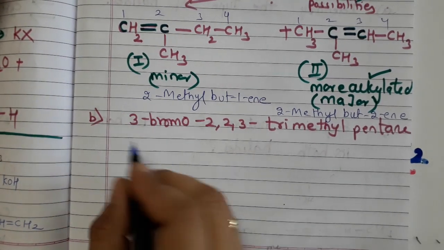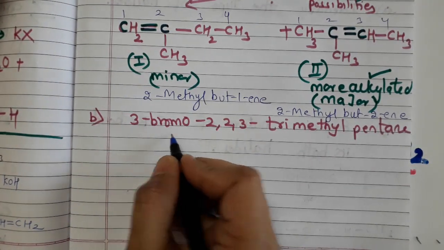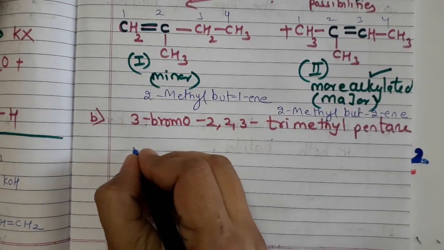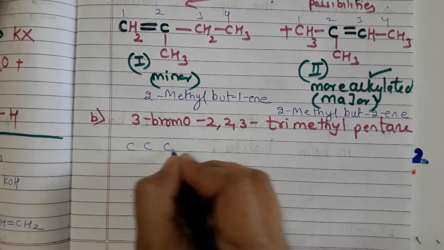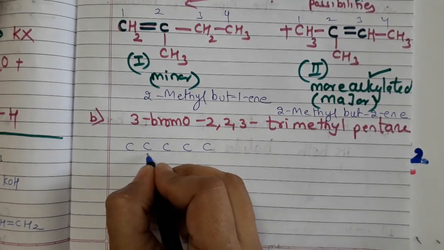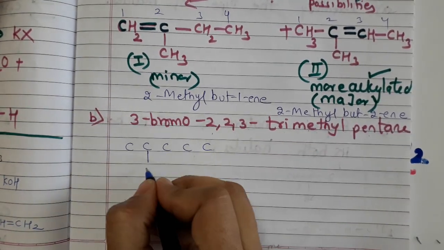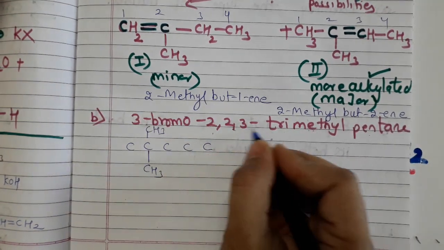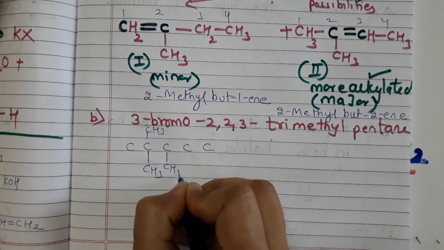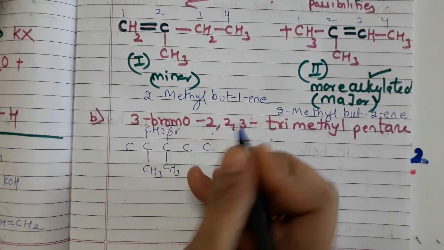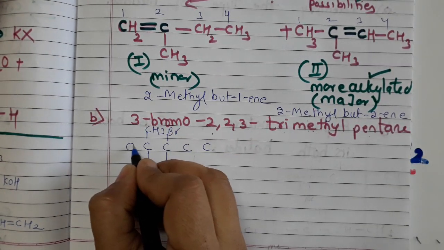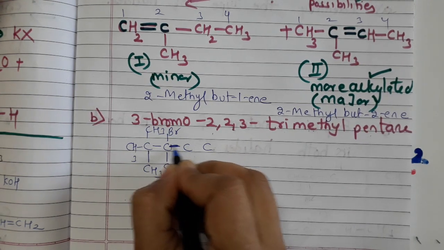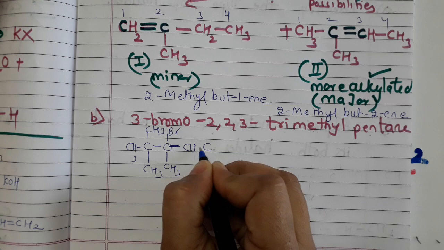Now let us look at the last example. So 3-bromo-2,2,3-trimethylpentane. हम पहले इसका स्ट्रक्चर ड्रॉ करेंगे, ठीक है. So we have 1, 2, 3, 4, 5. Let us say this is... second पे कौन है, मिथाइल है, second पे वापस मिथाइल है, and third पे भी मिथाइल है, and then third पे ब्रोमो है. So I will write now CH3, C, single bond, CH2, CH3.